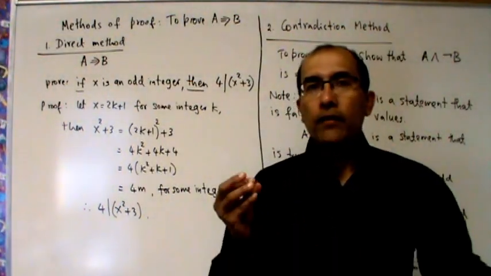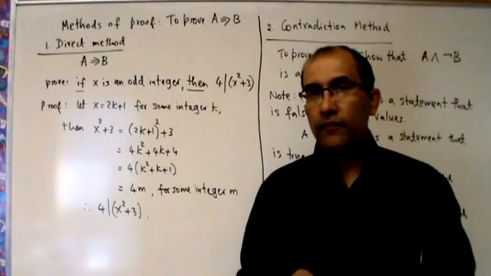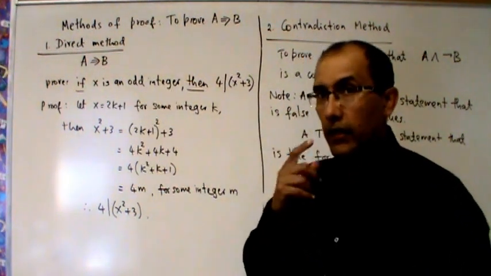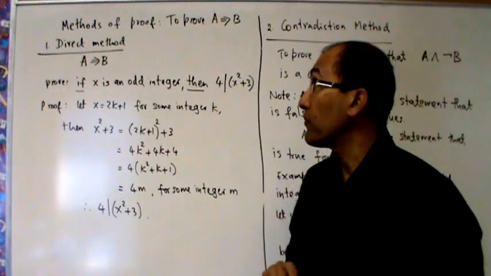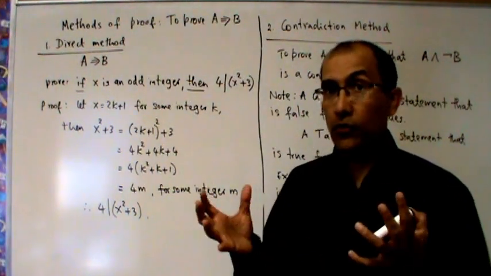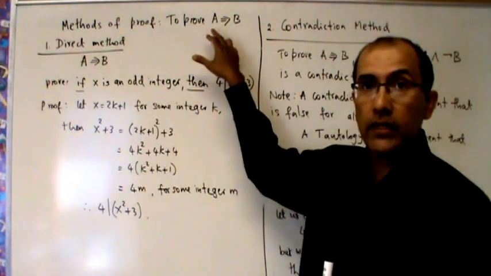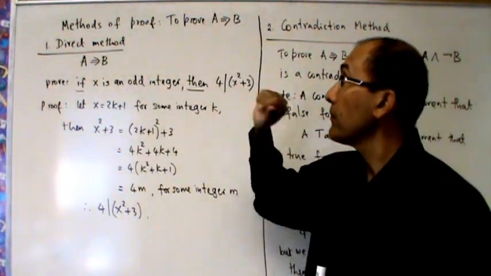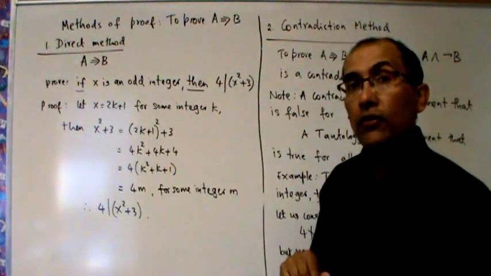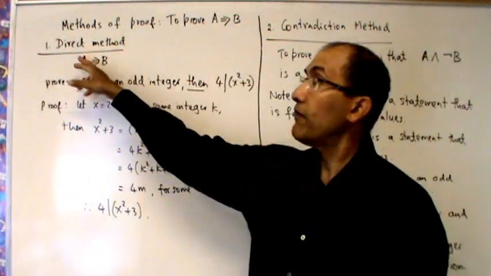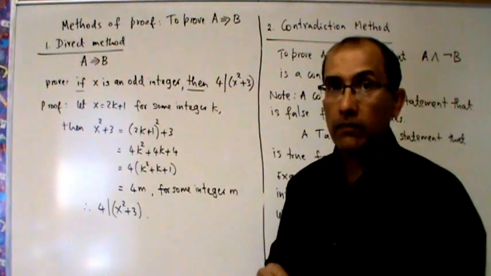So we just saw the proof of mathematical induction. We are going to look at 4 different methods of proof. This course is all about proving the implication statement if A then B. So the first method we are going to look at today is the direct method. That means directly from A we get to the statement B.